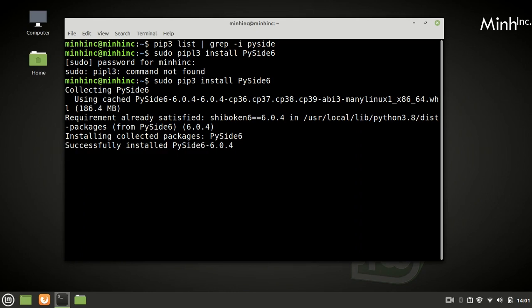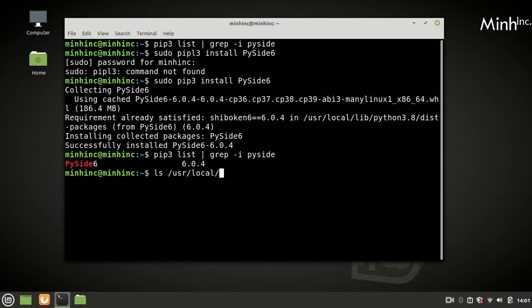Okay, looks like PySide6 is successfully installed. So we'll quickly check again. Installed, and it is available at /usr/local/lib/python3/dist-packages/PySide6.